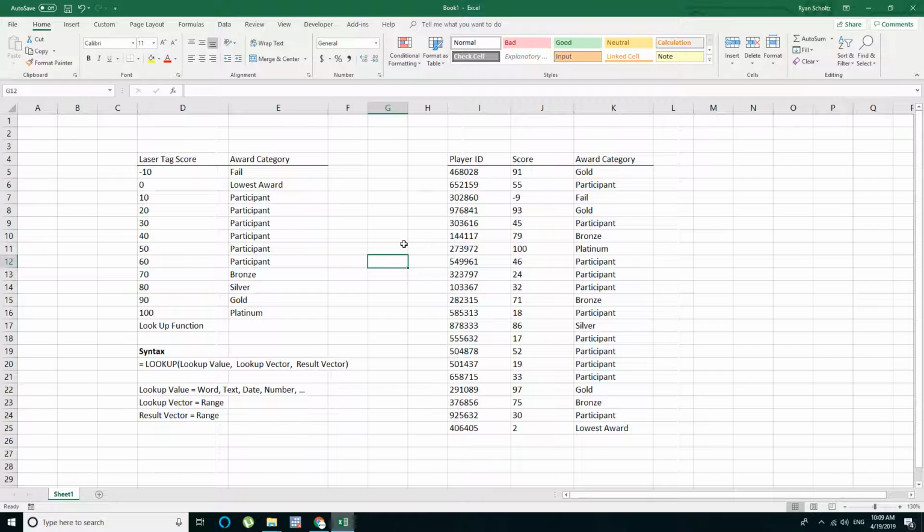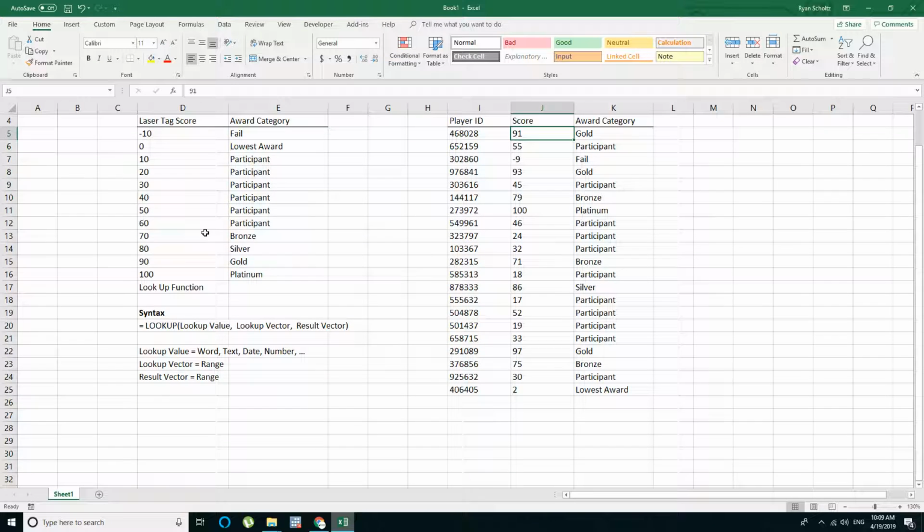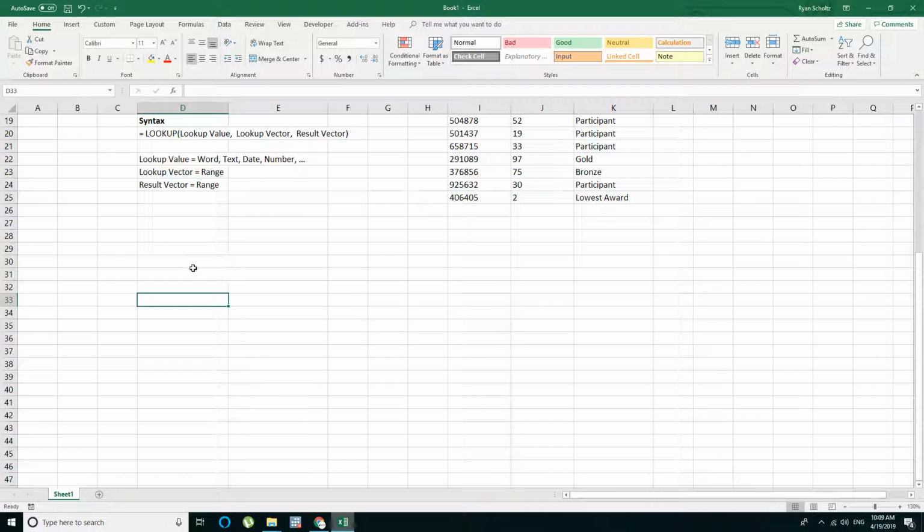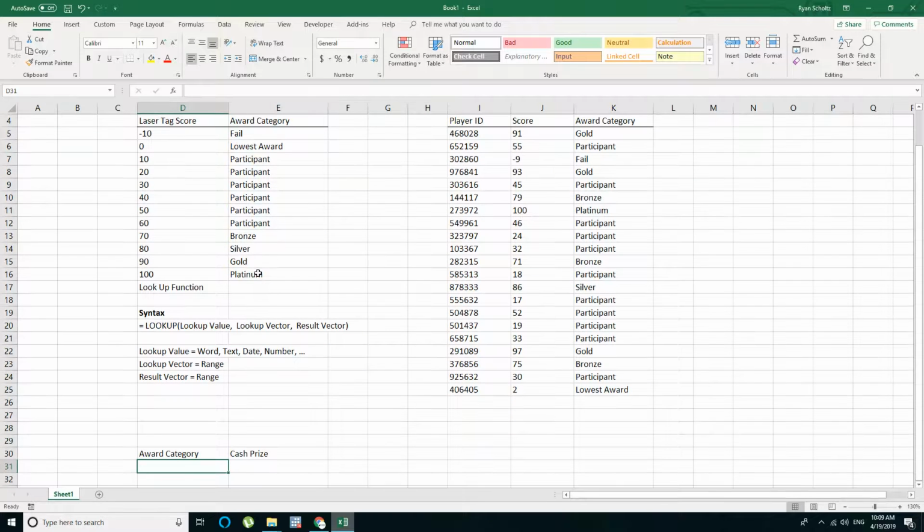The lookup is not case sensitive, so if you want to look up by text, we could try that as well. So let's look up this. So let's put people's award categories, and then their cash prize. So if your award category is platinum, silver, gold, bronze, participant, I'll just take these, paste them here, and then